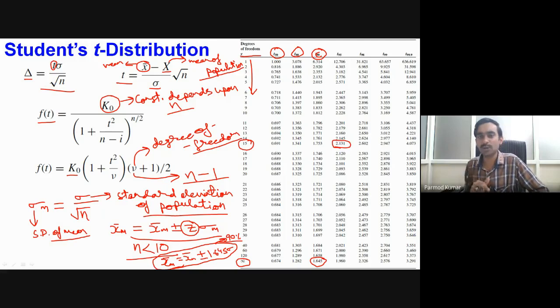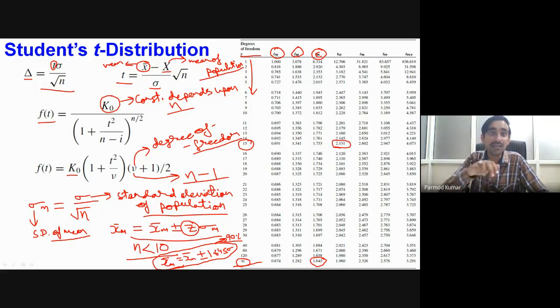Okay, so from this particular table, you can see that when the degrees of freedom approach infinity, and we consider the 90% confidence level, we get the value of t as 1.645, which is identical to the value of z obtained for the normal distribution. So we can clearly see that if our population size is large or our sample size is large, then this t distribution will become identical to the normal distribution. However, the applicability of this t distribution particularly comes when our sample size is very small.